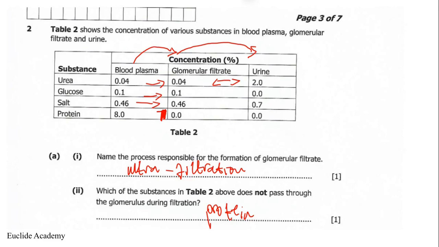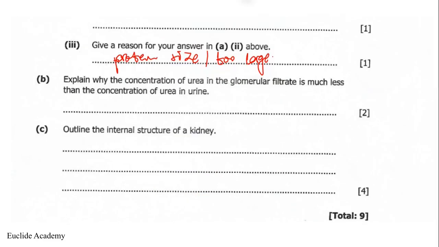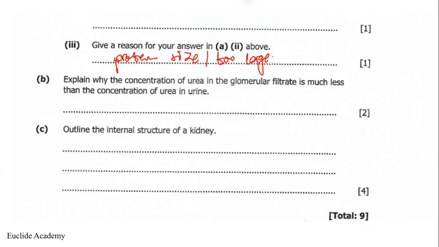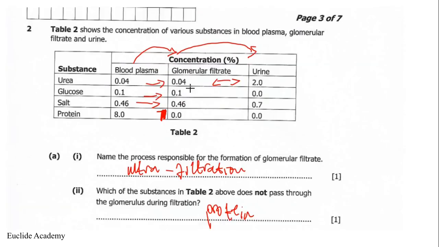Let me just say, per volume, the amount of solute per volume of a solution, that is concentration. So if you've got more solute per volume of a solution, that means the concentration is high. So here, why do we have 2.0 in the glomerular filtrate and 0.04 in the urine, and then 0.04 in glomerular filtrate? Well, it's because, as we talk about filtration in class, as we have the glomerular filtrate here,